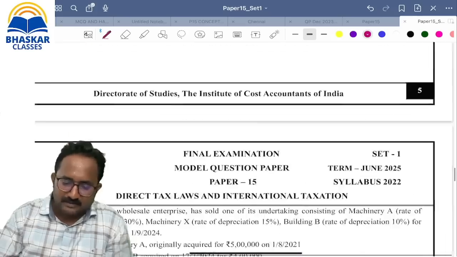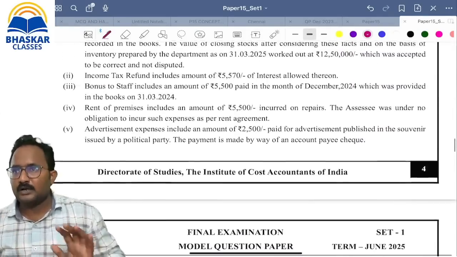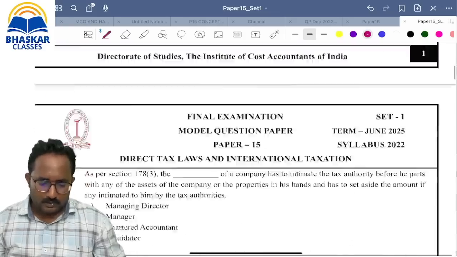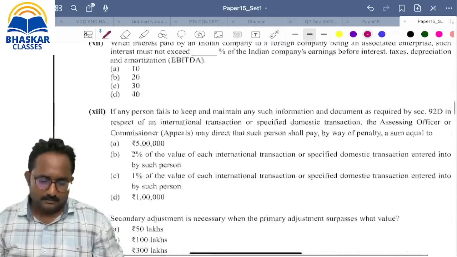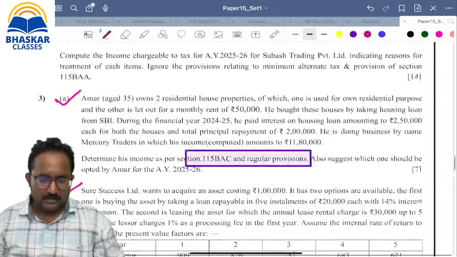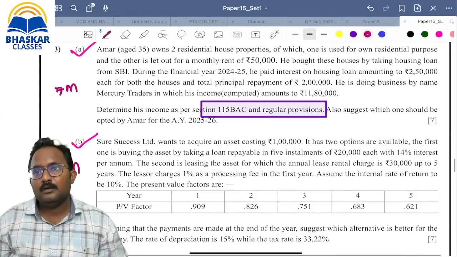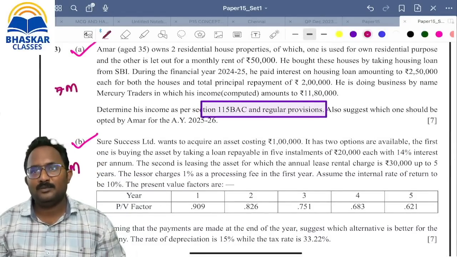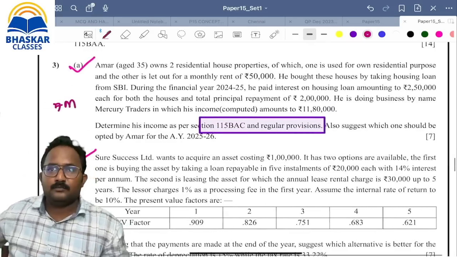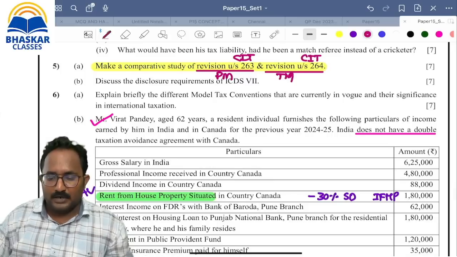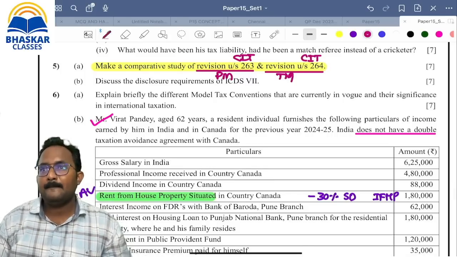They are giving it for 7 marks now. So we can count it down normally. 4, 8. 8 is enough for me. Next one, 7. How many? 14 plus 8, 22. Tax planning questions, these two. 22 plus 14, 30, 36.